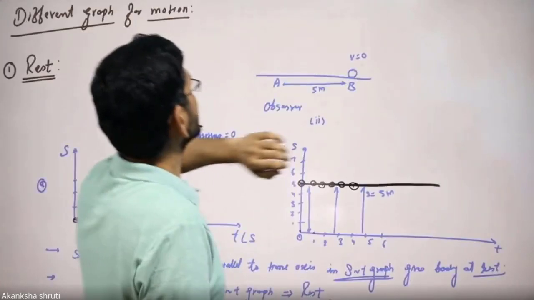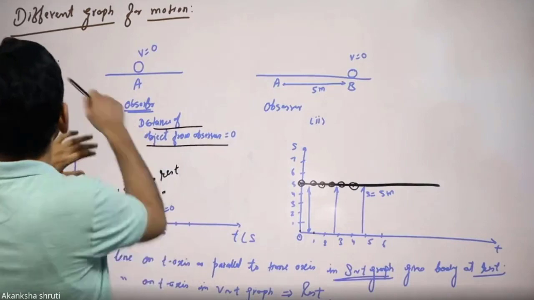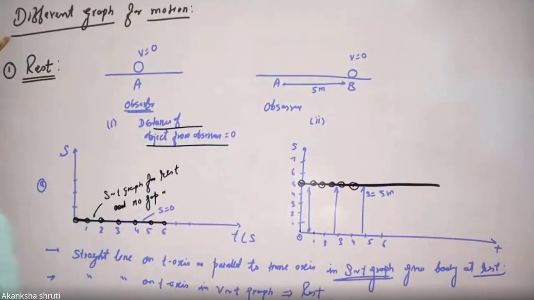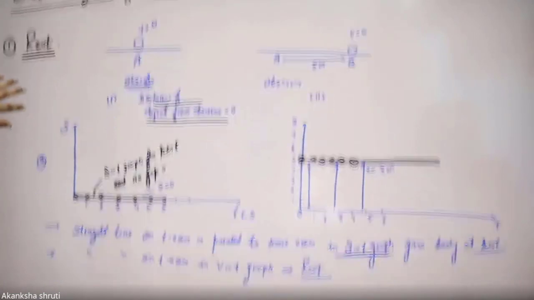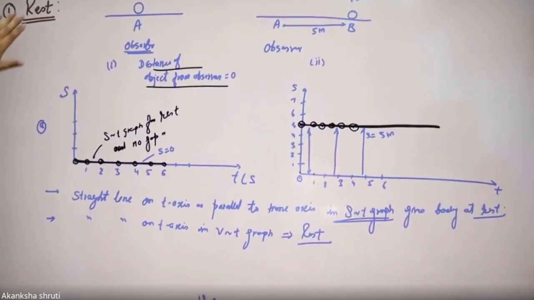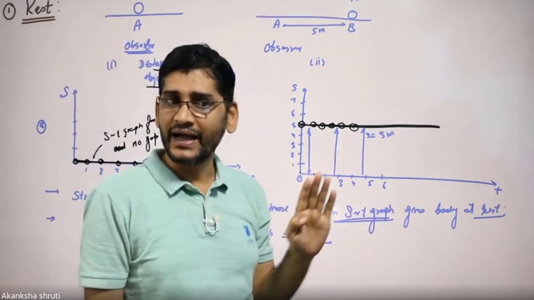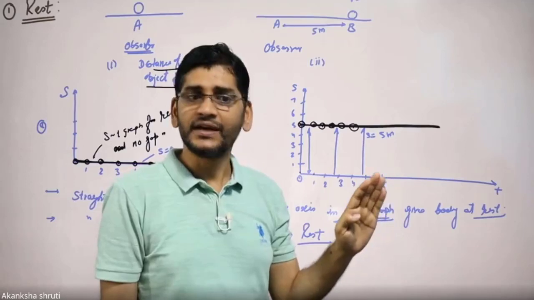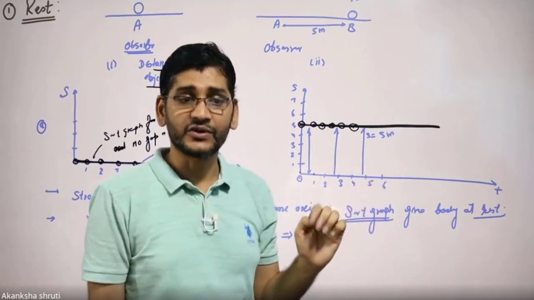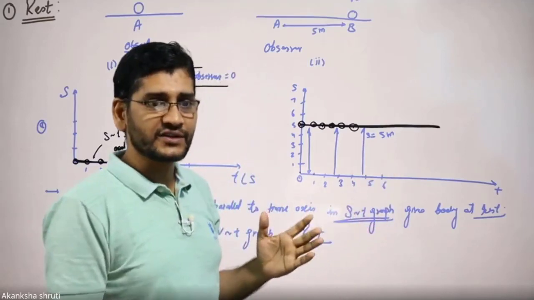Students, let us quickly recall or recap. This was about the rest. You are getting that? Even the rest can also be represented graphically. For describing the motion or rest, we have three quantities. One is distance covered, another is speed or velocity, and the third one is acceleration. So even for the rest, the distance covered is 0.